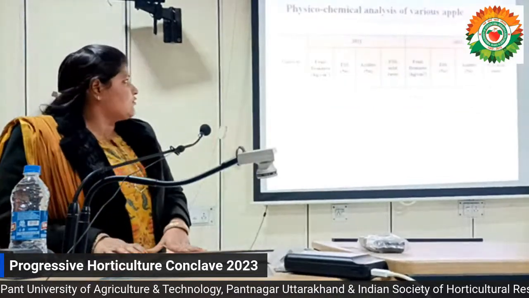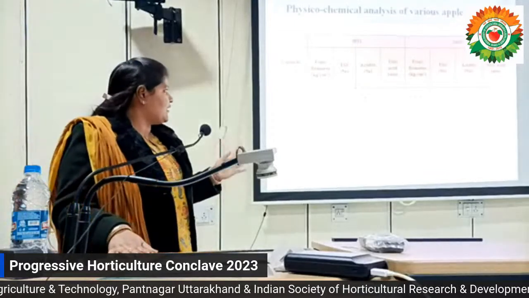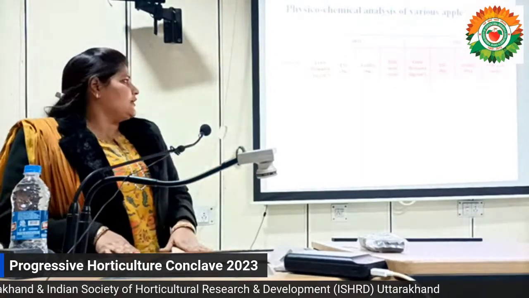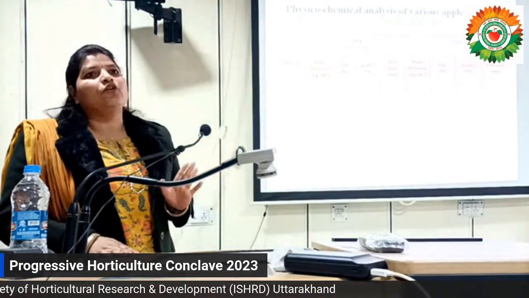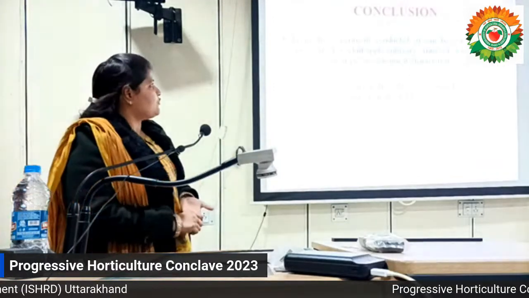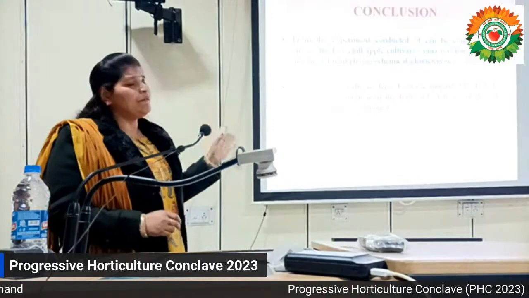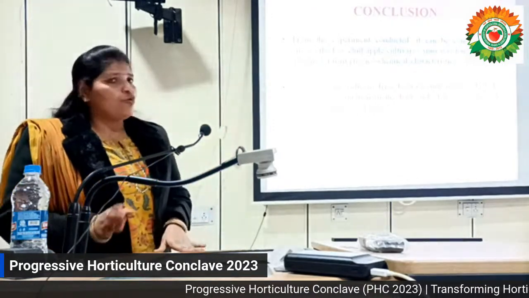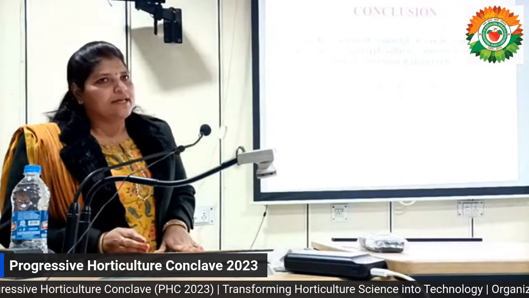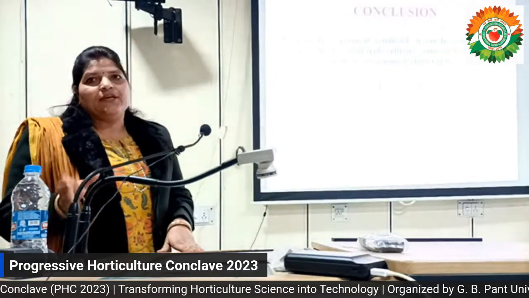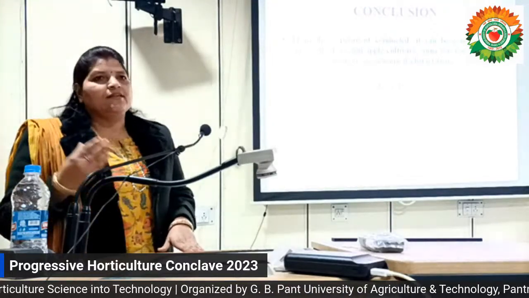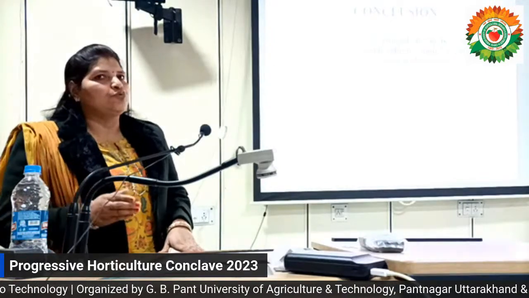Upon the physicochemical analysis, the firmness was more in Anna. The TSS, acid-free TSS, and TSS acid ratio were also more in Anna, but these were non-significantly different from each other. So I conclude the experiment that among the low chill cultivars which have been grown at our station, Anna has been found superior in respect to all the physicochemical characteristics, and also PAU has recommended these 2 varieties for small scale plantation, just like in your kitchen garden, you can plant these 2 cultivars.